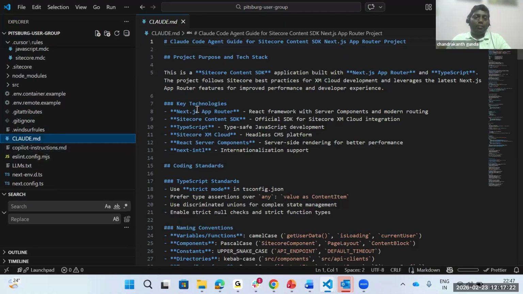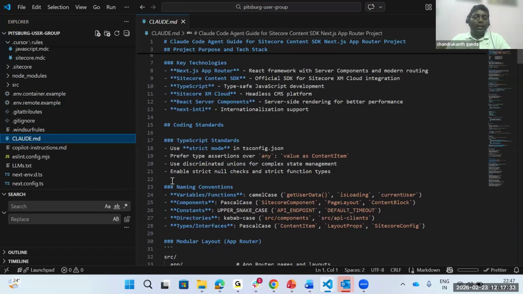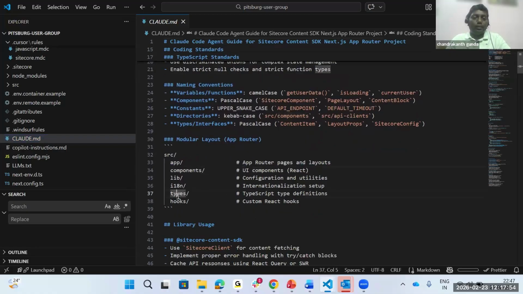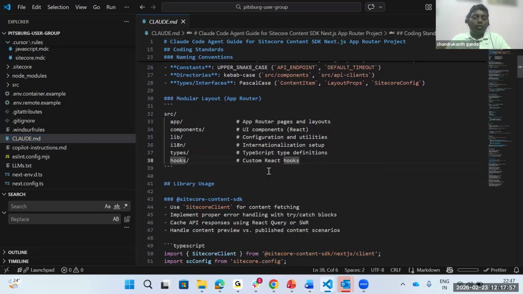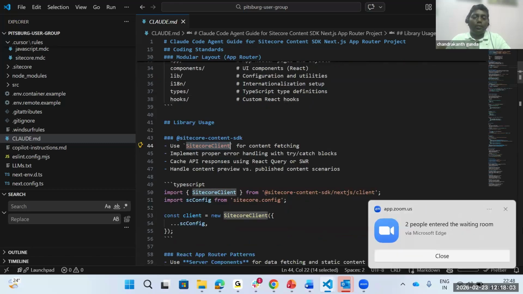If I look at this one, it says the key technologies are Next.js and Content SDK, and that we need to use TypeScript standards. It also gives naming conventions: any variable should be camel case, any constant should be upper snake case, and an interface should be Pascal case. It gives instructions about the folders: the app router pages and layouts, components stored in the components folder, and types under the types folder, and if I want to create any hooks. It also gives information about how to use the Sitecore client. So the Sitecore client should be imported from